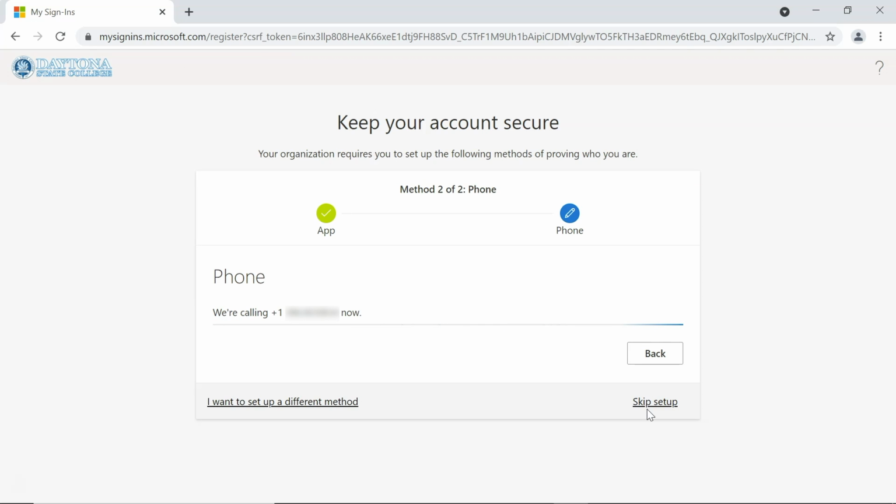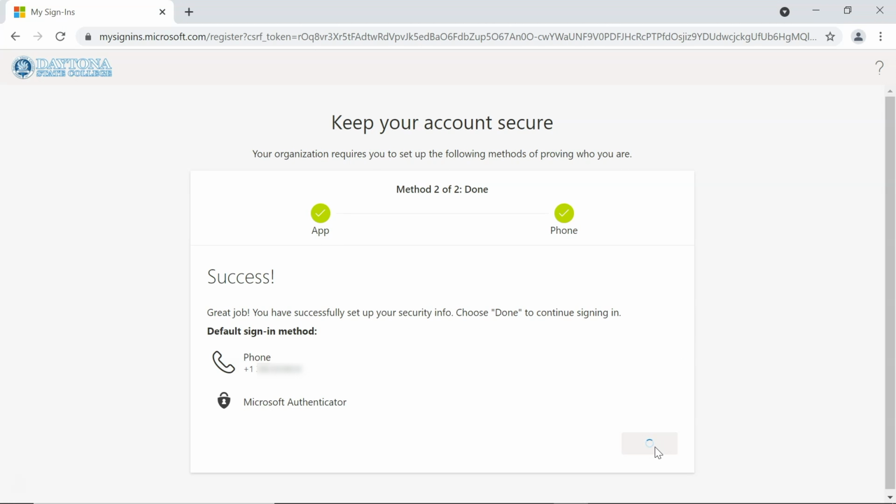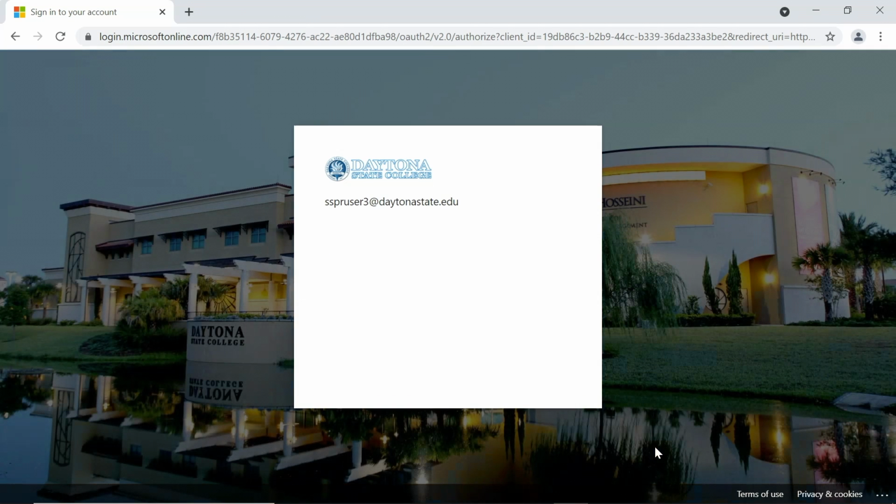When you answer the call, listen to the message and press the pound key for verification. On your computer, click Next on the verification screen. Once you have successfully set up your 2 authentication methods on your computer, you will be redirected to your account